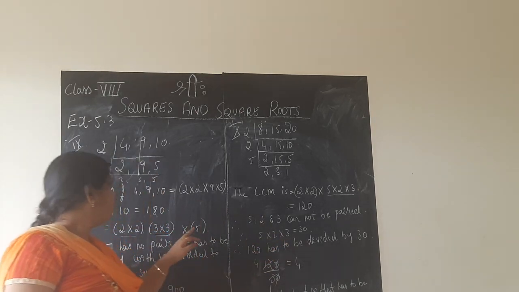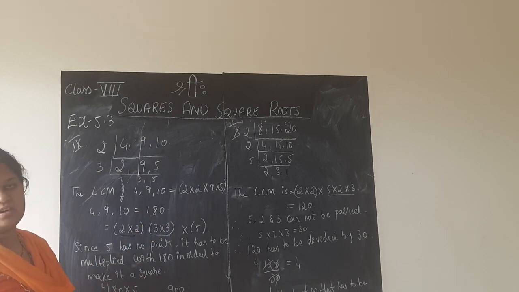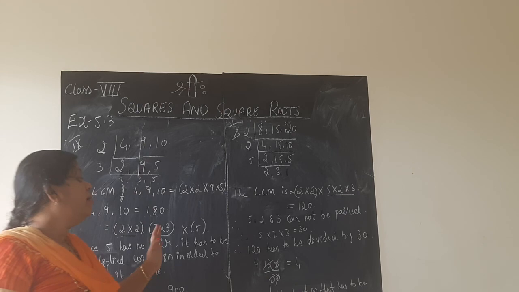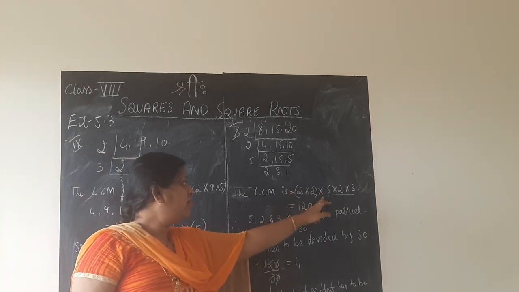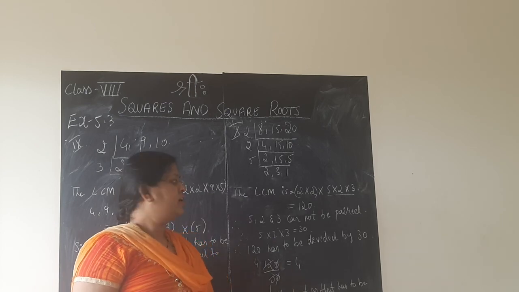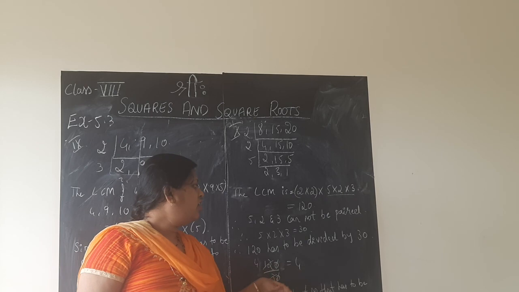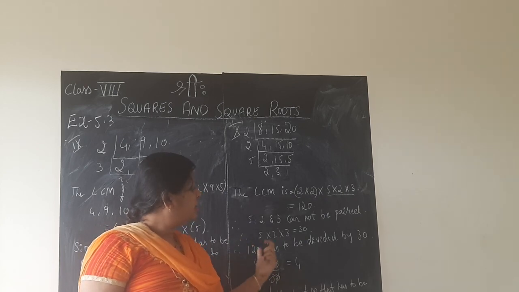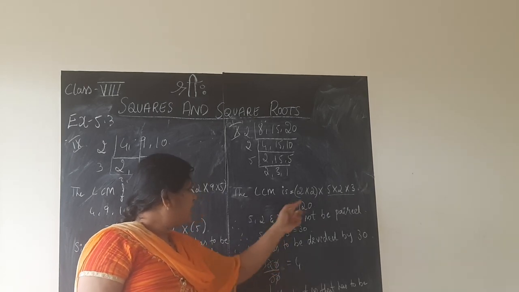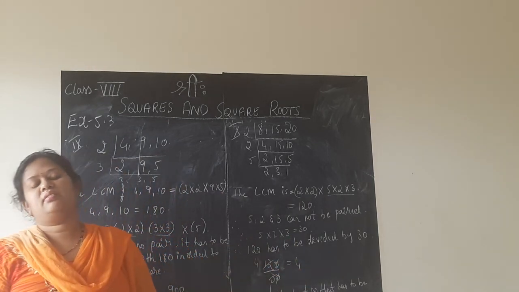That's all. How? There only 5 was left, so directly we multiplied this product 180 by 5 and found that 900 is the least number. But here, children, it was not only one number, but we found that 5, 2, 3 numbers also cannot be paired. So we multiplied them, like 5 2s are 10, 10 3s are 30. 30 cannot be paired. What number is divisible? 30 has to be divided by this product 120. So clearly we get 4. So 4 is the least number.